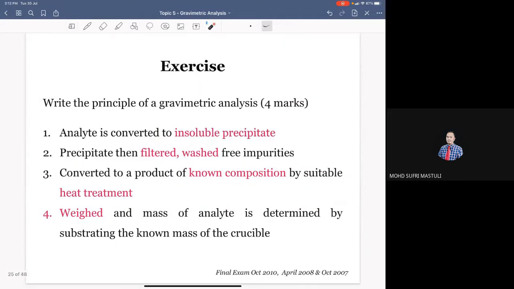Okay, moving on to the next slide. The next slide is an example of final year exam questions. This question has been asked many times during the exam, October 2010, April 2008, or October 2007. So it is asking you to state the